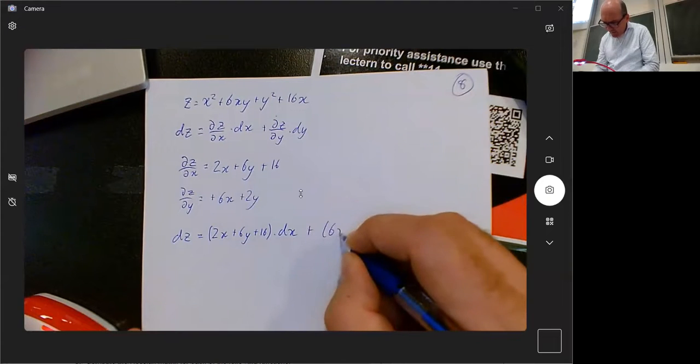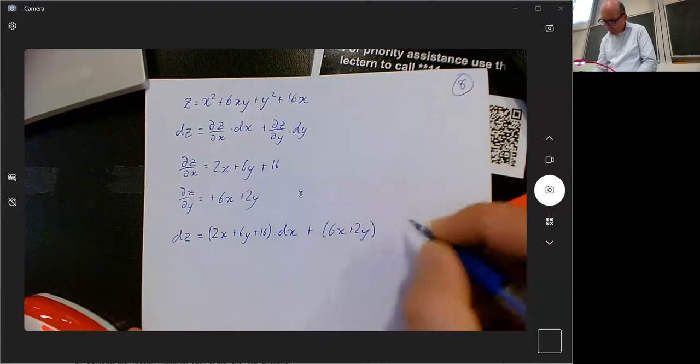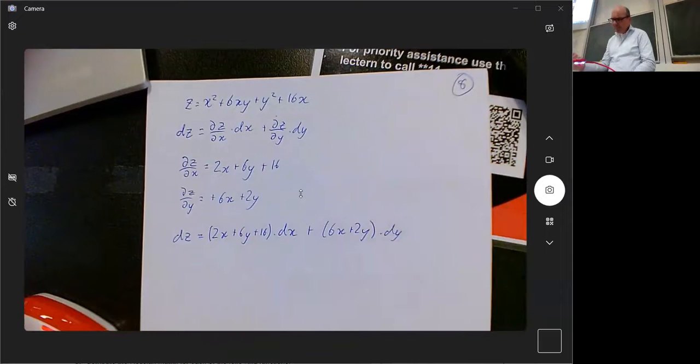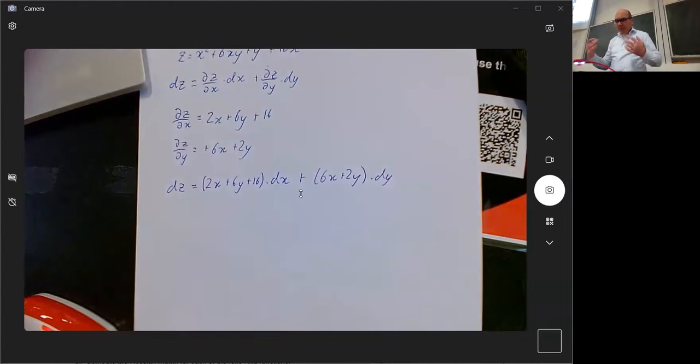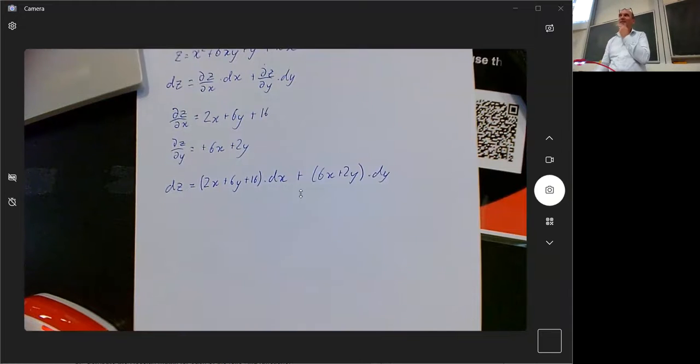Plus, and then 6x plus 2y dy. Now, this is where the plan for an implicit derivative comes in. You've seen the implicit derivative thing somewhere, yeah? Nod wisely and say yes. Yes, Nick, maybe you have. So if I set